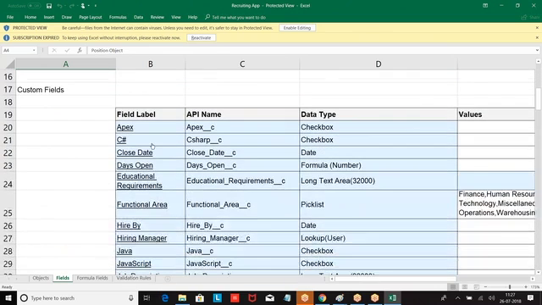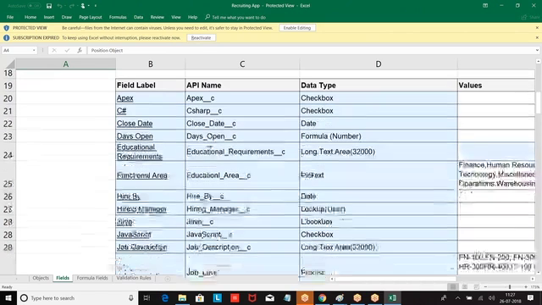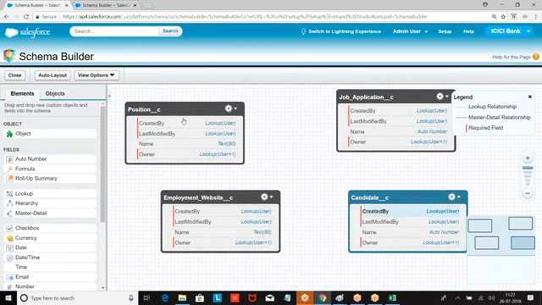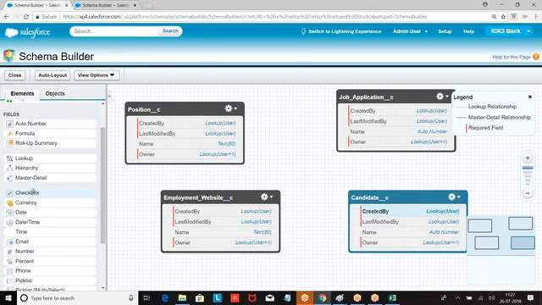What was this? Position. What are the fields we have? Apex, C sharp, close date, days open, education requirement. Now we are supposed to create these fields. First I'll go with a schema builder, position object, fields, checkbox.